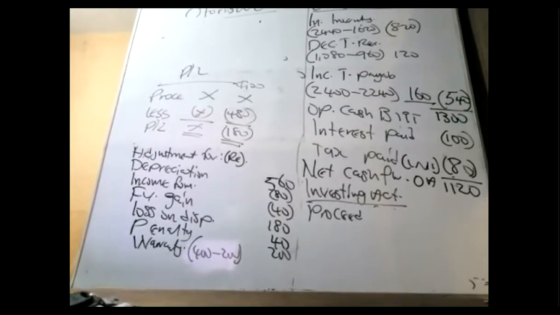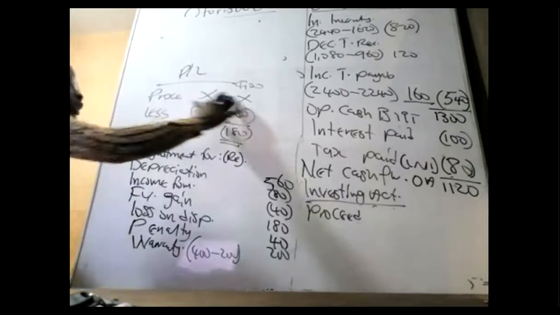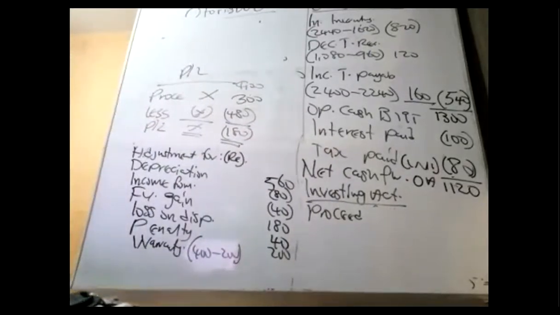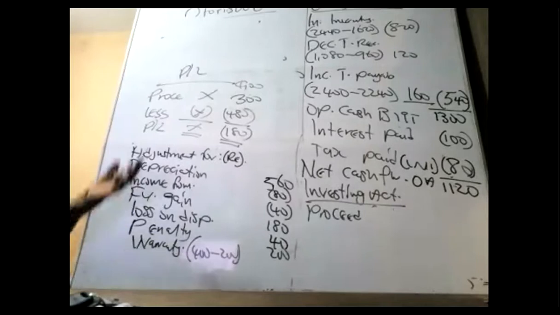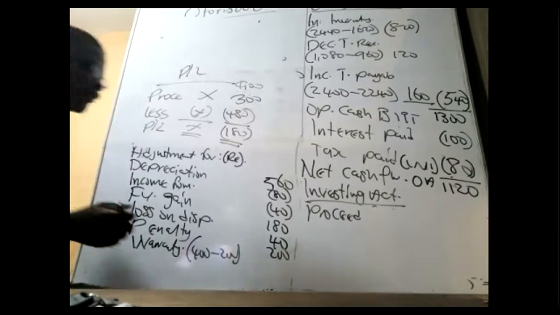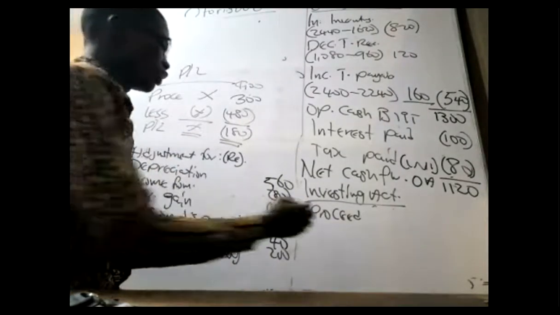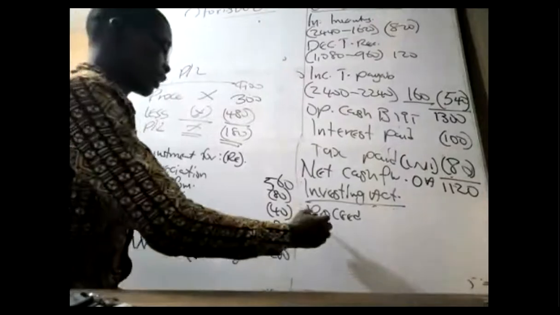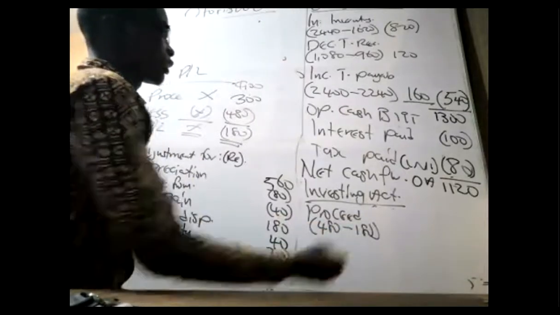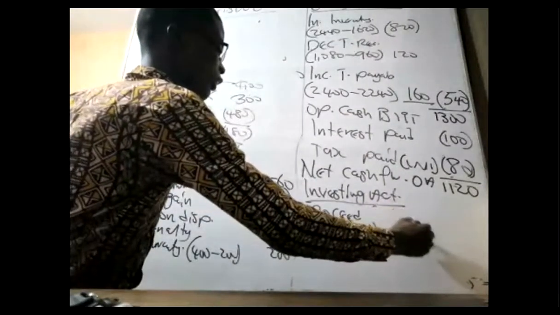So what will be the proceeds? The proceeds is 300. They sold it for 300, because if I put 300 here, 300 minus 480 is minus 180. So proceeds is 300. How do you get the 300? It is the difference between the loss and the current value. That is all. You can perform the working and tell the examiner it is 480 less 180, and that will give us 300. Perfect.